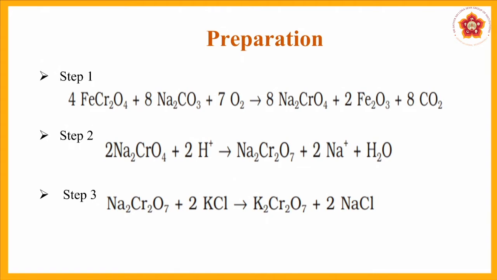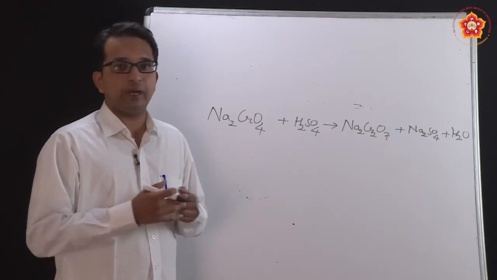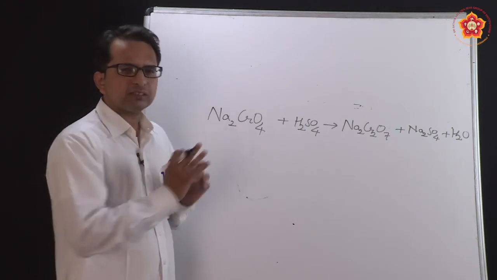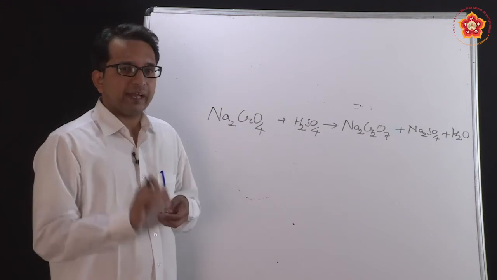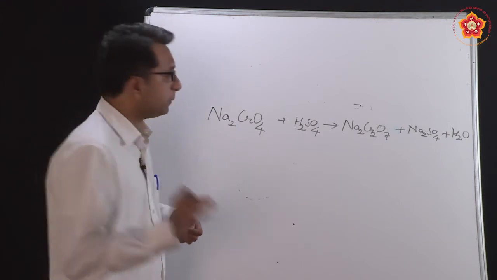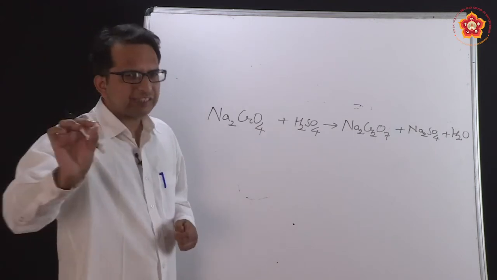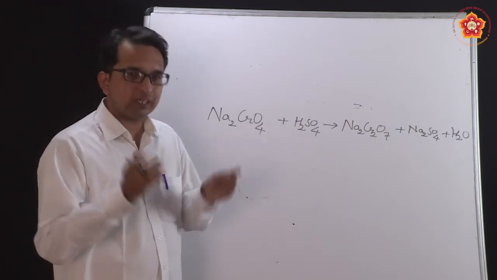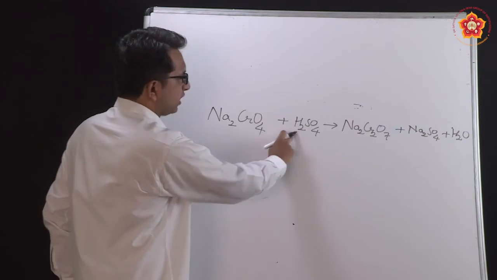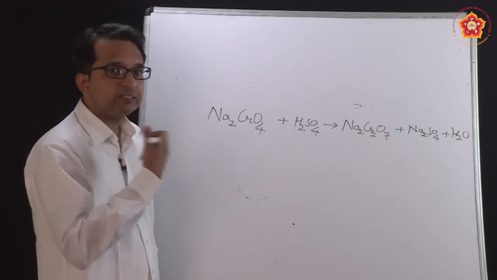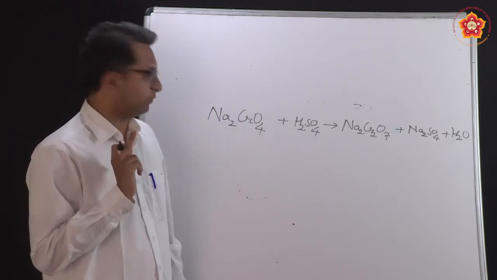They all offer H plus. But the problem here is that nitric acid will act as an oxidizing agent in this system also, because there is oxygen present in it which is quite reactive. So for this sort of reaction, the H plus is mainly produced by sulfuric acid. In the reaction you may write it as H plus, but in the actual process we use sulfuric acid, acidifying the entire medium.